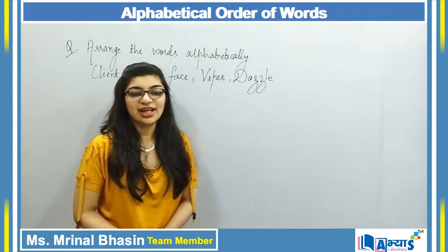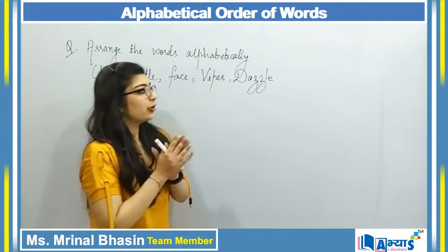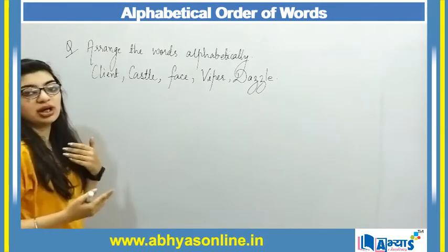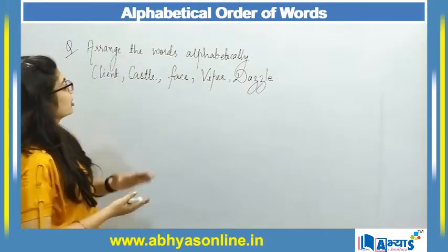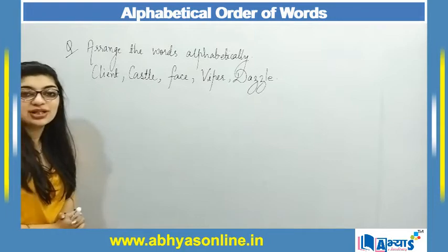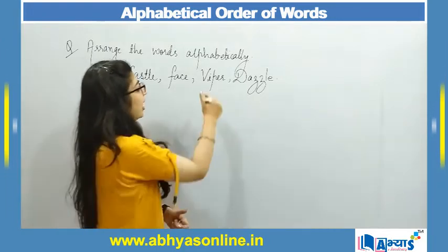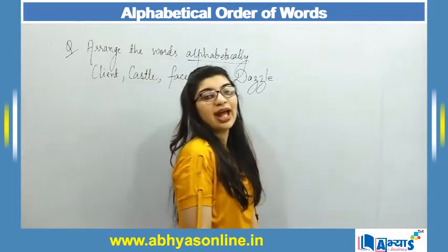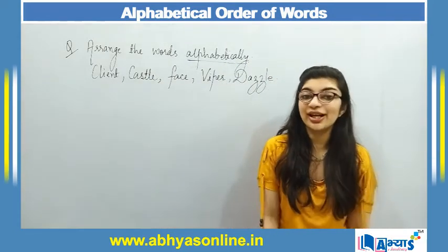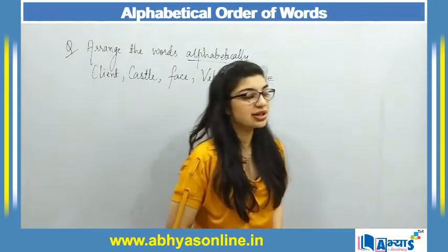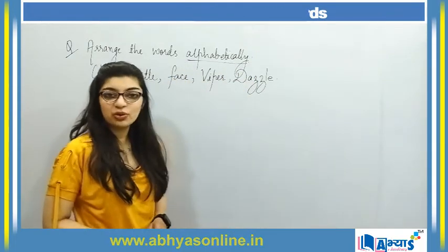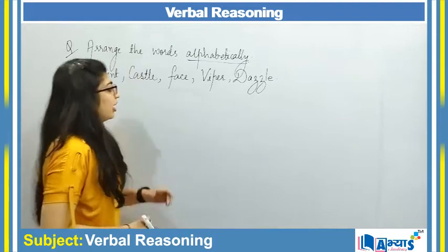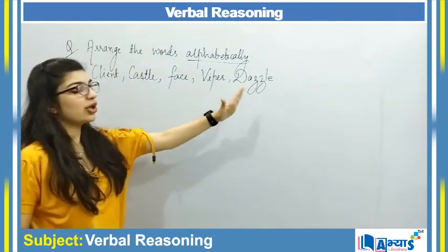So now let's take a look at the next question. When you consider this question and read what you have to follow, the instruction says that you have to arrange the words alphabetically. I have said that alphabetically means that you have to arrange the words in increasing order, and that order will depend upon the letters that are present in those words. So here, as I have said, the rule is that first you have to consider the first letter of every word. Now here there are 1, 2, 3, 4 and 5 words.